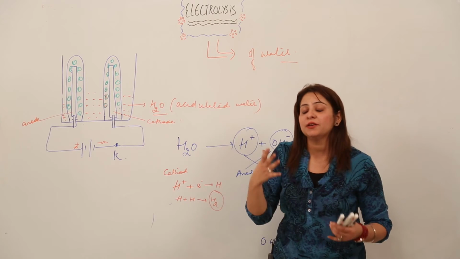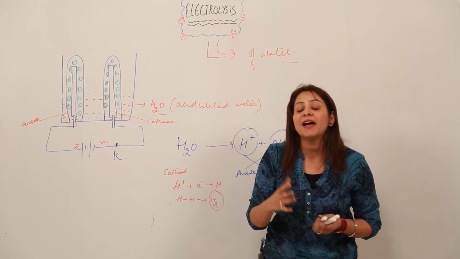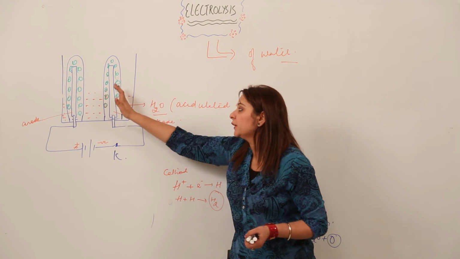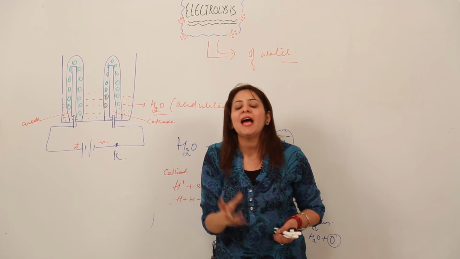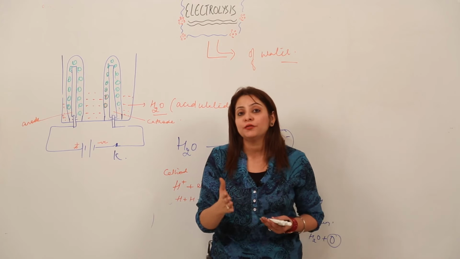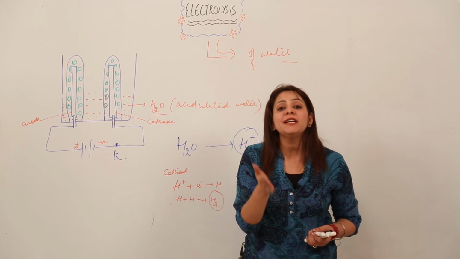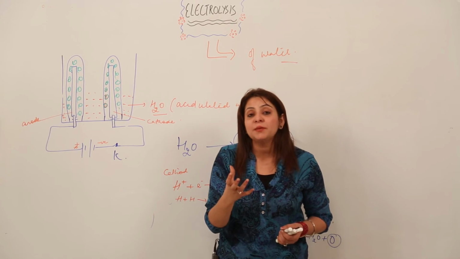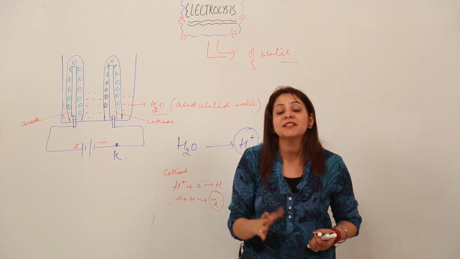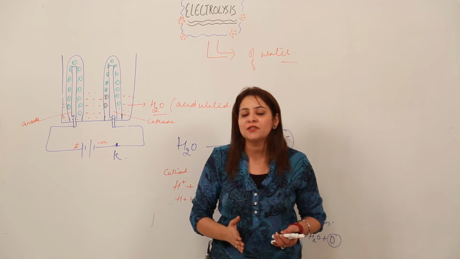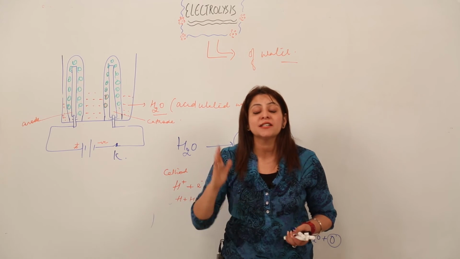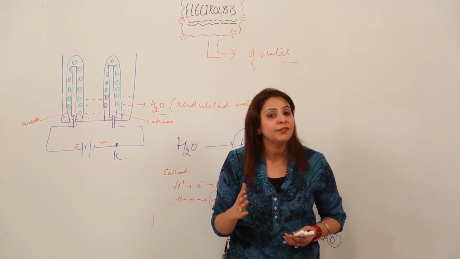So at the end of electrolysis, what do we get to see? When we carry out the electrolysis of acidulated water, we see hydrogen gas obtained at cathode and oxygen gas bubbling at anode. And just keep in mind that this electrolysis does not occur with pure water. We need to have impure water. That means we need some acid or some base added to it, because impure water is a good conductor of electricity, or you can say the best conductor of electricity. But pure water, that is distilled water, is a poor conductor of electricity.